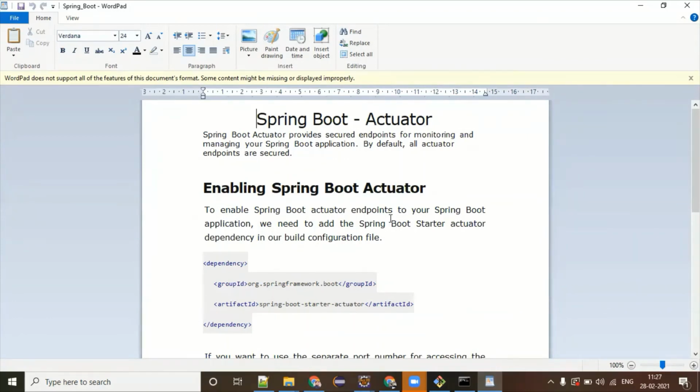When your application is running in production, you have to monitor many metrics. What are those metrics? Like how the performance of that application is, how many beans are created, how much memory there is, whether your memory is going to be full, how much heap memory is occupied. There are a lot of things you have to check. You have to check the health of your application.